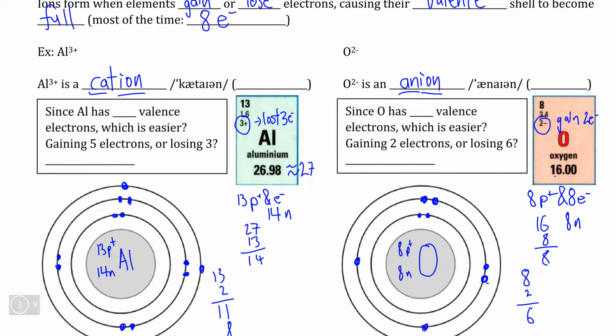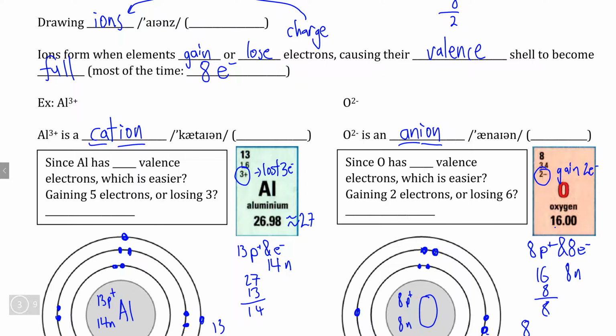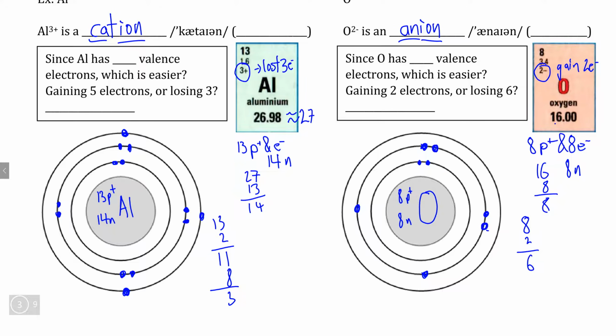Now, remember that the goal of an ion is to get a full valence shell, which usually means 8 electrons. For aluminum, which is easier for it to do? Aluminum has 3 valence electrons, which means it can either get to 8 by adding 5 electrons to its outer shell, or it can take the 3 electrons in its valence shell and lose them. So which sounds easier, gaining 5 or losing 3? Well, 3 is a smaller number than 5, so aluminum is going to lose its 3 valence electrons in the outermost shell. So if we simply erase those,